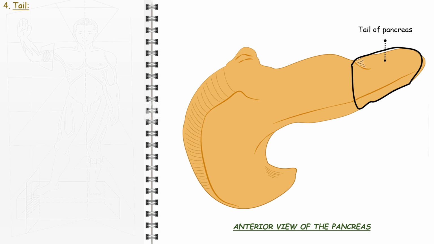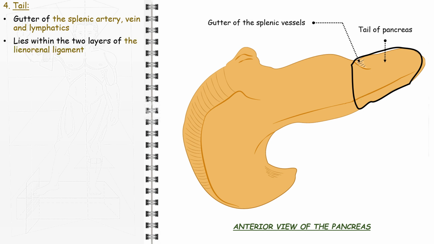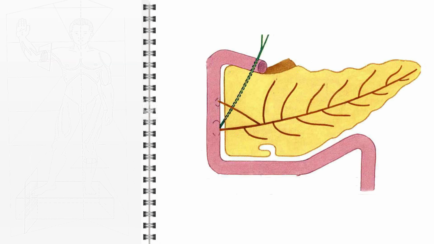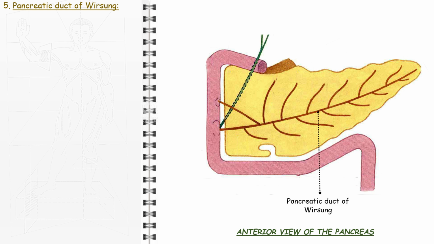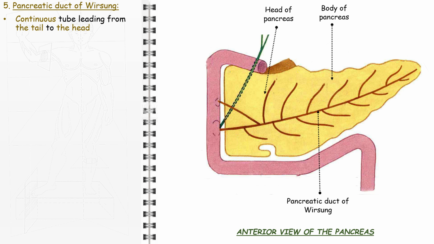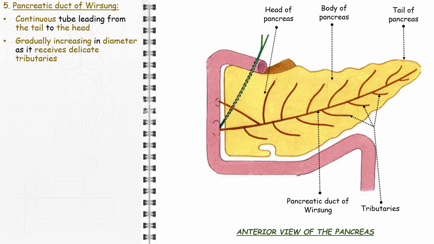It contains, at its upper border, a gutter for the splenic artery, vein and lymphatic. The pancreatic duct of Wirsing is a continuous and sinuous tube leading from the tail to the head. It gradually increases in diameter as it receives delicate tributaries. At the hepatopancreatic ampulla where it ends, it is joined at an angle of about 60 degrees by the bile